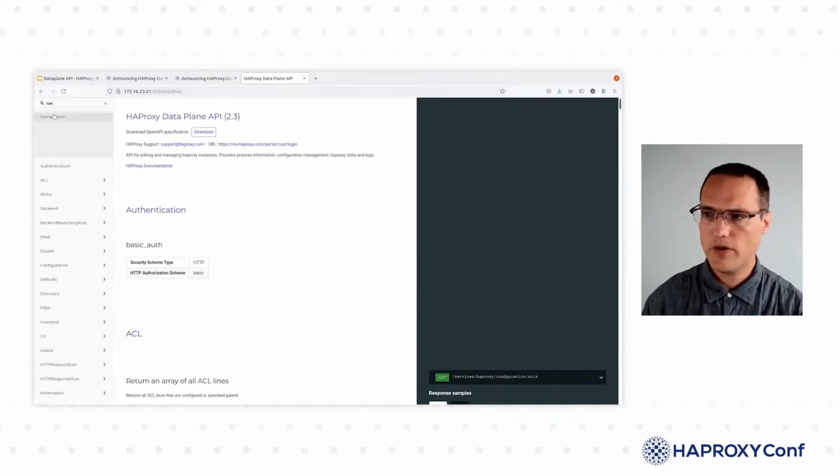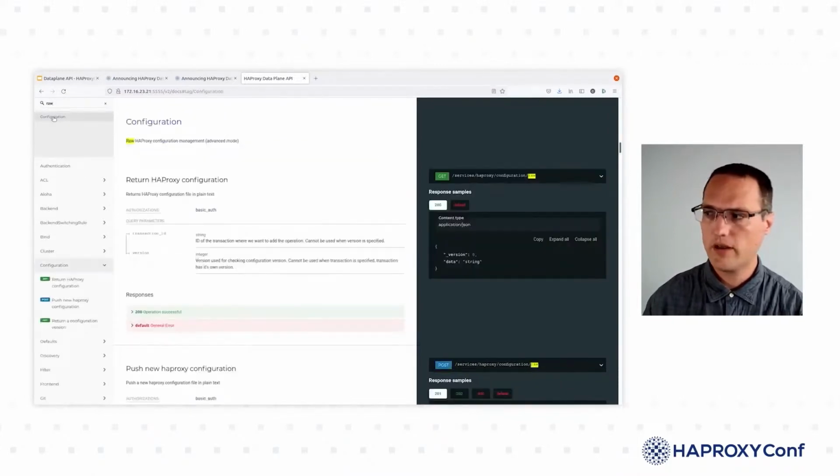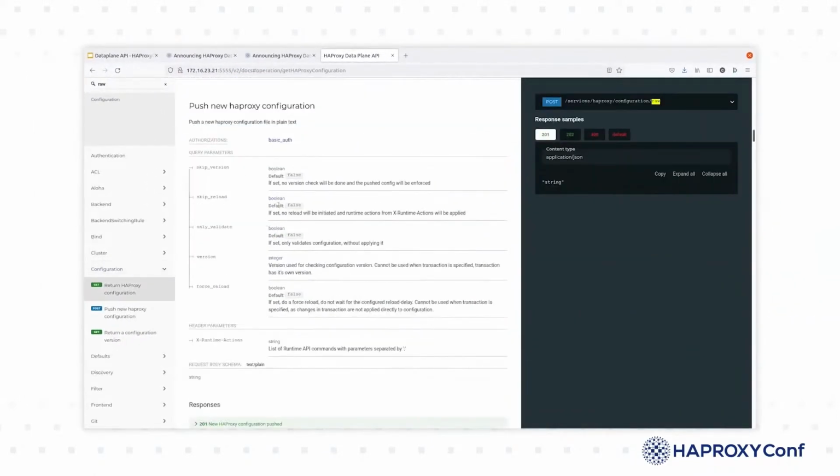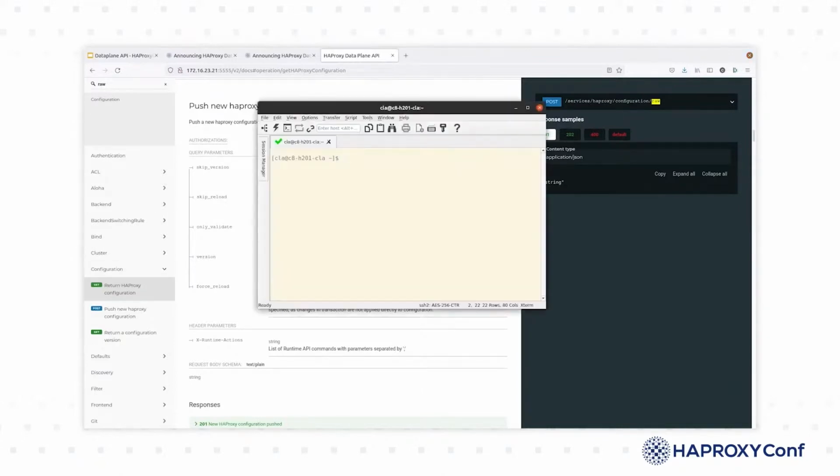In this case, if I want to do a raw configuration, I can click on raw, and I can see that we can push a new configuration using the raw endpoint. If I specify the configuration as a text plain string, and I can specify these query parameters. If I go to my terminal, I can show doing just that. So as an example, if I